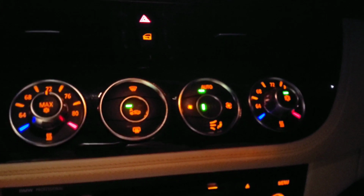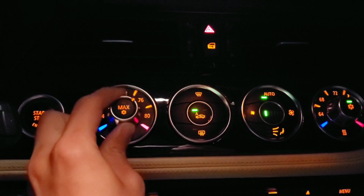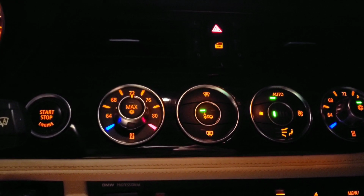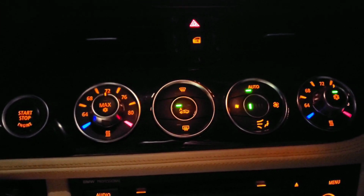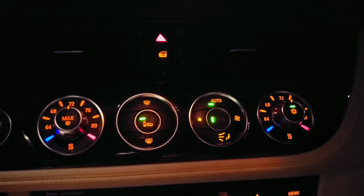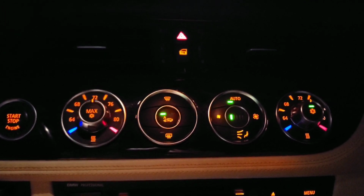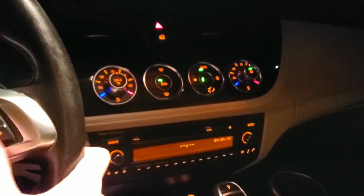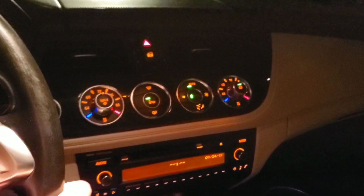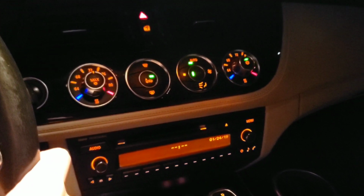Automatic climate control. And this is how you adjust the temperature. So this is unlike most temperature knobs. The knob actually stays in place as opposed to being an electronically controlled knob where you have a display readout for what temperature it's set to. It also has auto recycling. You also have a hotkey for that on the steering wheel. But you cannot turn on or off the automatic mode with that hotkey. But if automatic mode is active, you can only switch between manual override and automatic